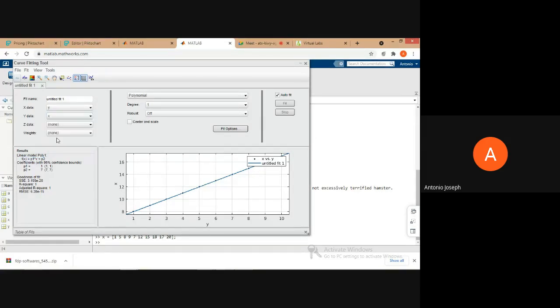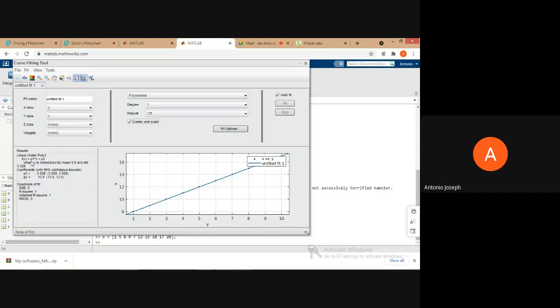Now again we can give the values of x, then y. See, now the equation has changed.